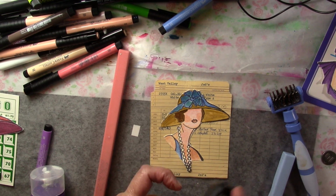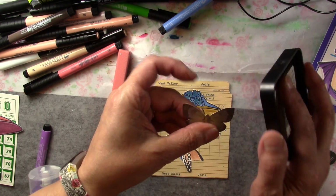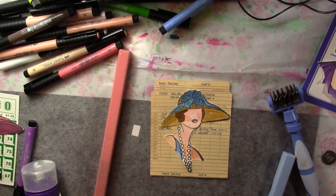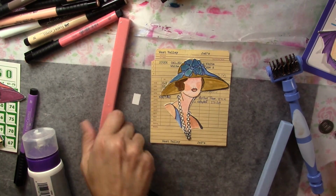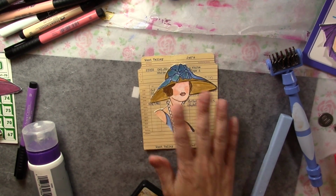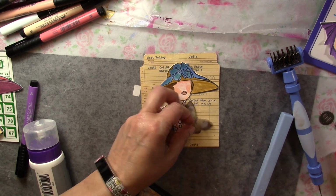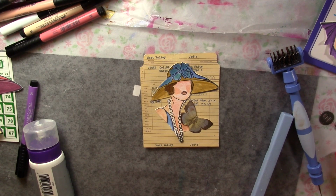I also like to use old coins. I have a bunch of old coins that I have kept over the years from travels, different travel places. I always bring back a coin of some sort, and so I will be gluing down a coin onto this